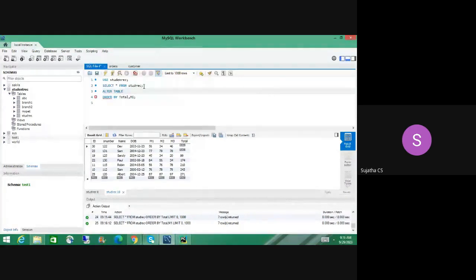So what is the statement? I'm going to add one more column because I want to sort with two attributes here. So I'm going to add a new column. The table name is student record. Then add, what, section. I'm going to add section, char, character of 3 is fine. Then close this.